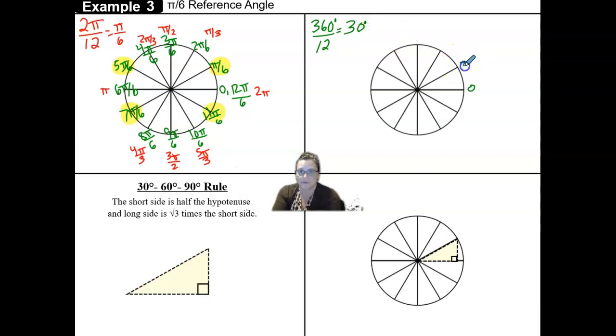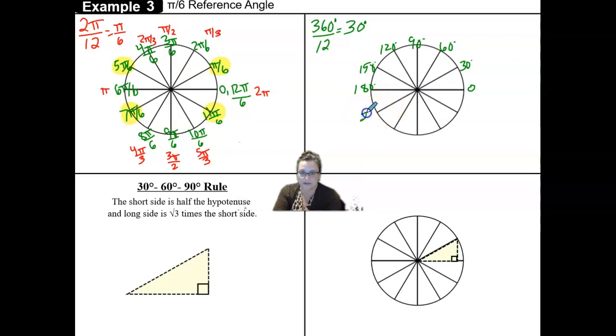So this would be 1 times 30, 2 times 30, which is 60, 3 times 30 is 90, 4 times 30 is 120, 5 times 30 is 150, 6 times 30 is 180,